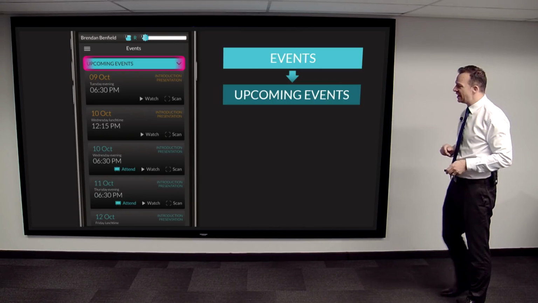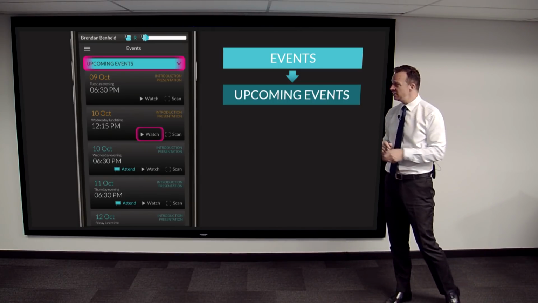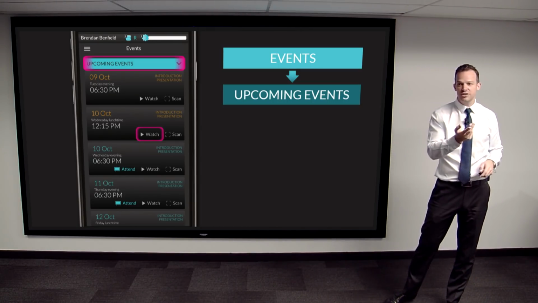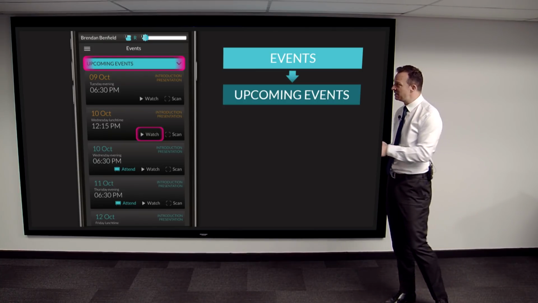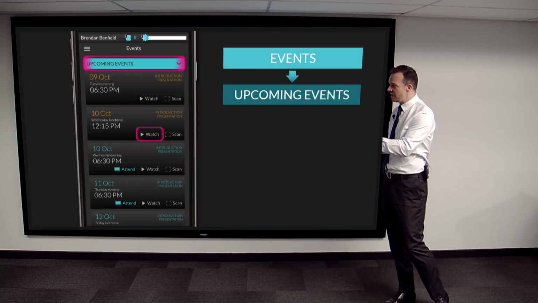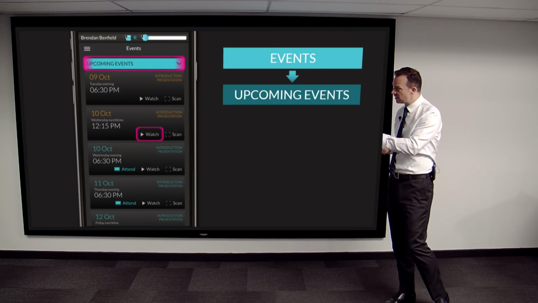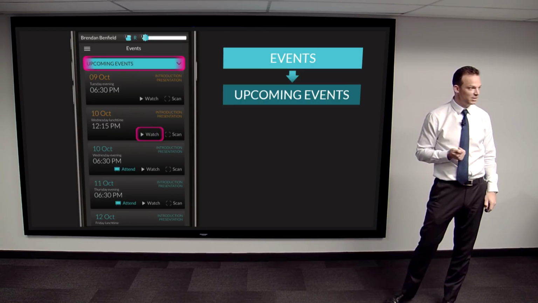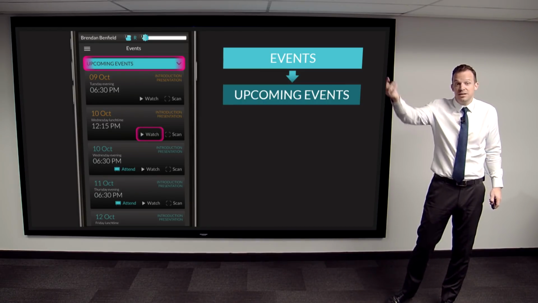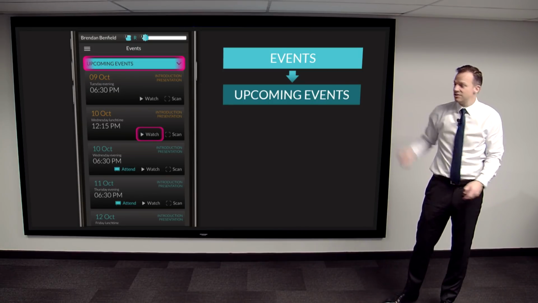Okay, if you want to earn XP, and you're not coming to head office, you may be watching the intro at home, you want to get that 500 XP, go to events in the app. At the bottom, it's the events. You go to events, upcoming events on the drop-down menu. You will see all the intros coming up. When it's about time to start the intro, you click on the watch button, you get 500 XP for clicking on the watch button. So you get XP for not being at head office. You can be in Bloemfontein watching this, right? You still get the XP.